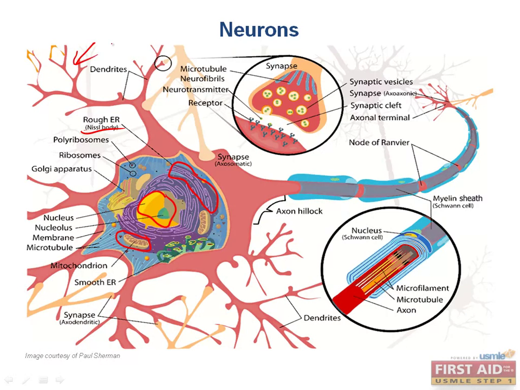Now, the dendrites are where input is received, and you have a number of different arborizations on the dendrite that receives information through synapses. Now, information is transmitted from each dendrite down into the cell body at the axon hillock. And so you have a bunch of different signals coming in, and they're all going to be summated at the axon hillock. Once you reach a certain threshold, then you get an action potential, which will be transmitted down the axon, which may be myelinated or not.